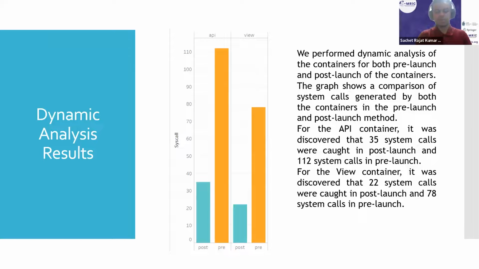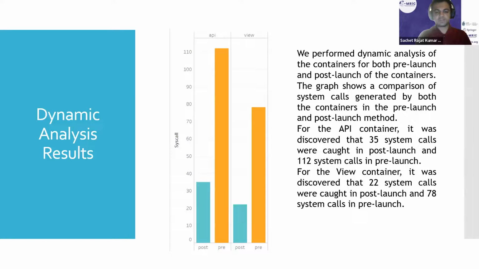And then we start it again, which becomes the post-launch phase, where we run our tests, where we check the functionalities, and then we stop it again once we have fulfilled all the tests that we wanted to carry out. So in this, we see that in the pre-launch phase, the number of vulnerabilities are much higher than the post-launch phase. This is because while booting, you see that the containers make a lot of system calls to get their resources, to get ready for execution, to be set.